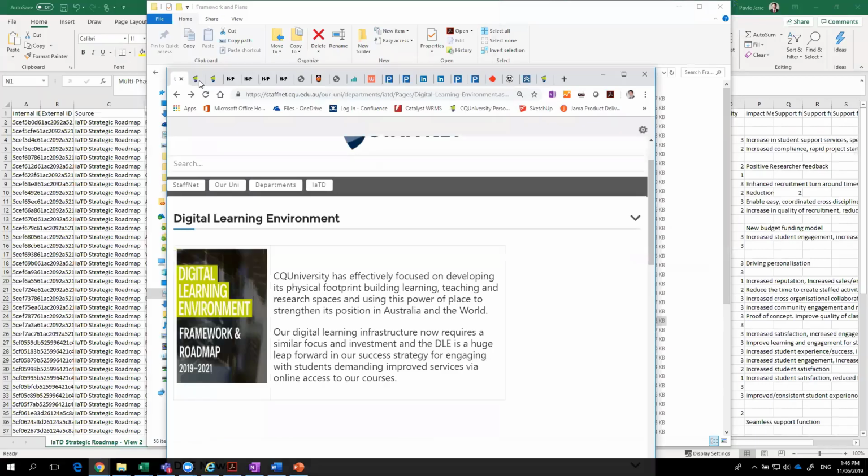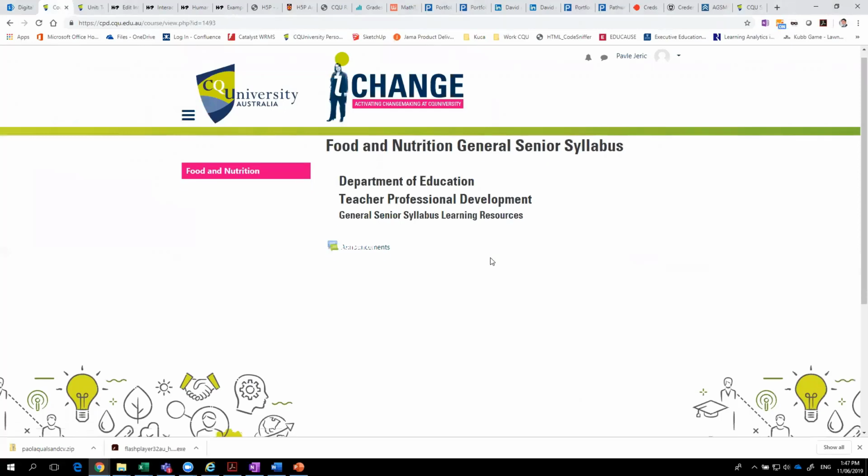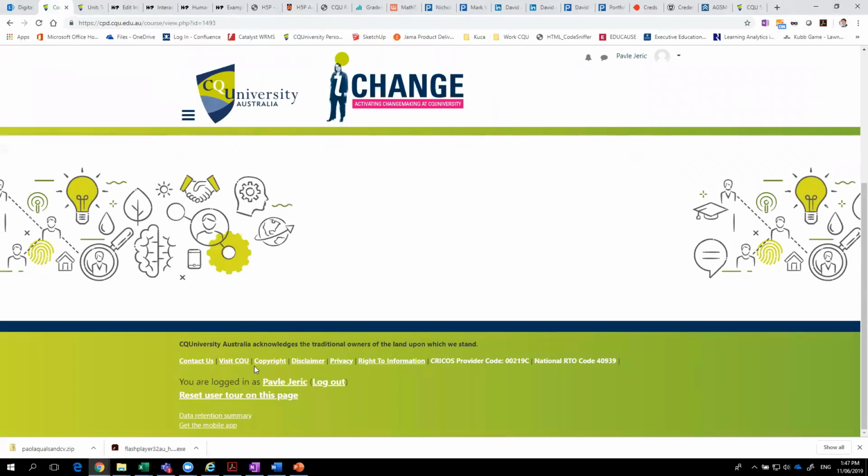All right, so let me start with a couple of things that are just in Moodle. The first few things I'll show are extremely simple, but I just want to point out there is new functionality that we haven't really used a lot in the past, or that is completely new. So you're seeing a test development environment that I have, where I'm trying to demonstrate something that we call user tours.